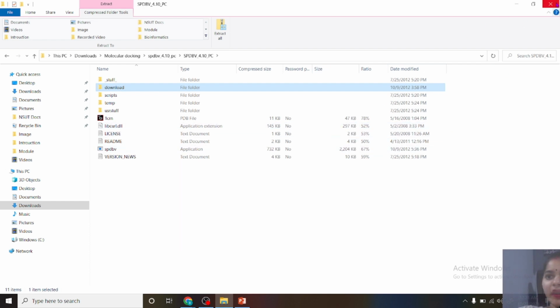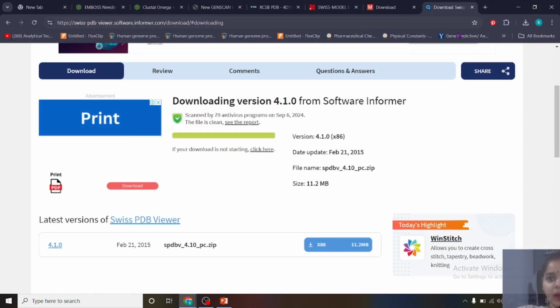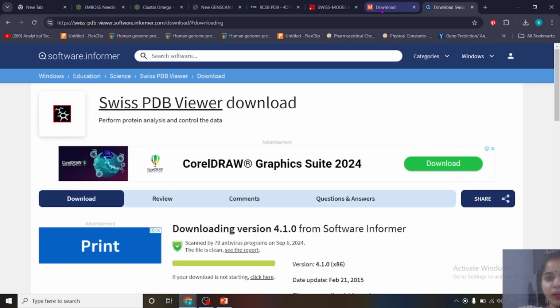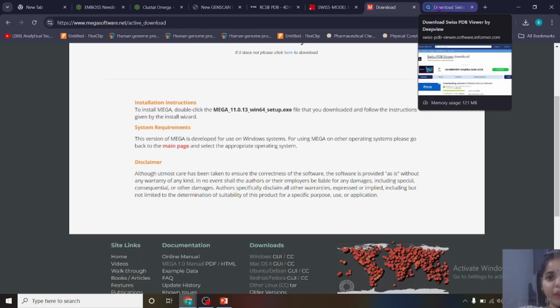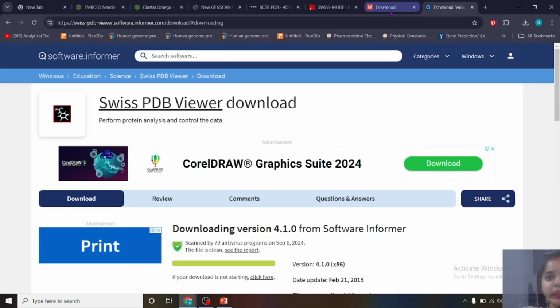Okay, and then simply click on download and download this software in our PC. Okay, and how this Swiss PDB viewer is run, we also discuss in detail in our incoming video lecture. These are the tools, these are the software which are required in our incoming training to perform the experiments or practical related to the